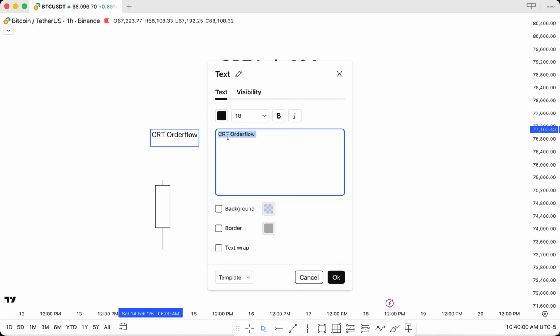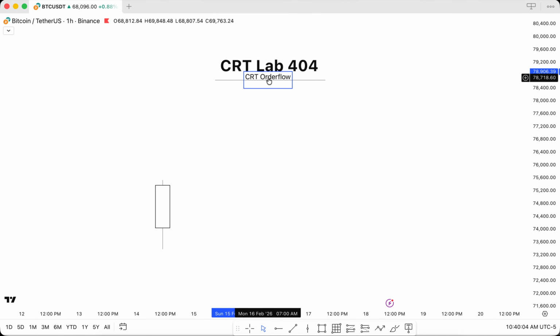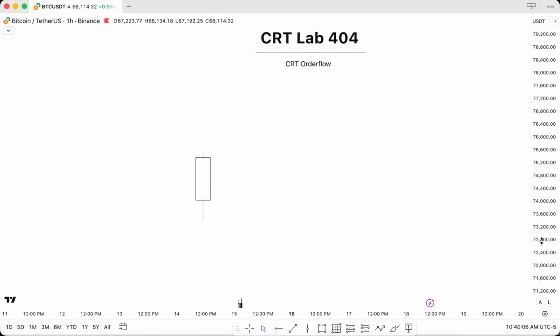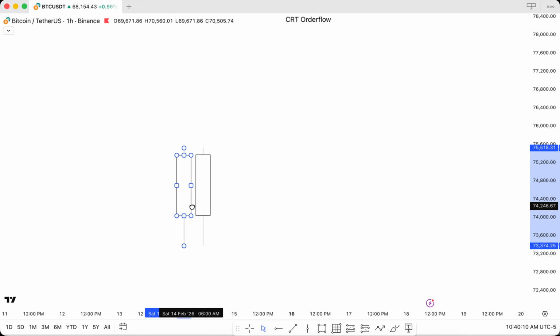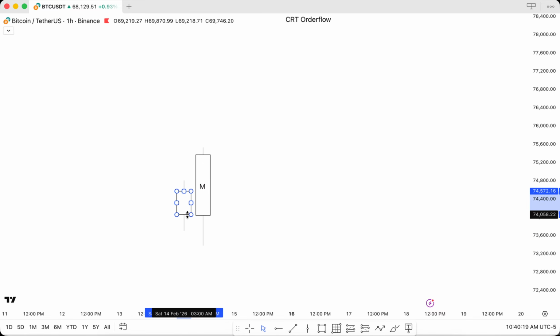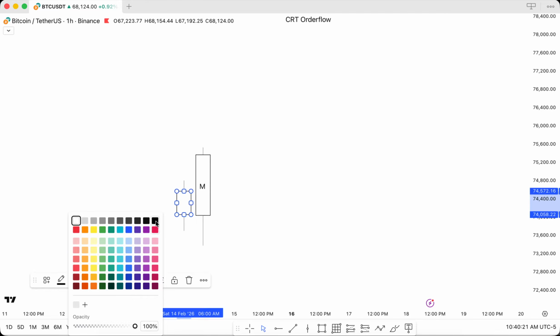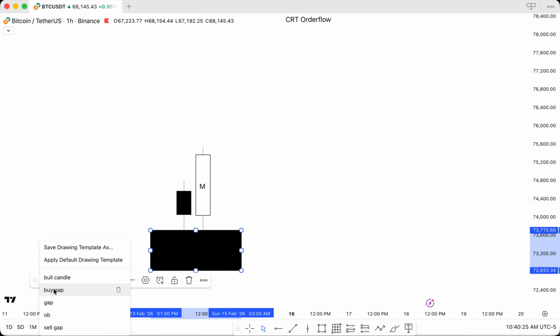Imagine this monthly candle previously caused a soup on a previous candle, tapping on a fair value gap,